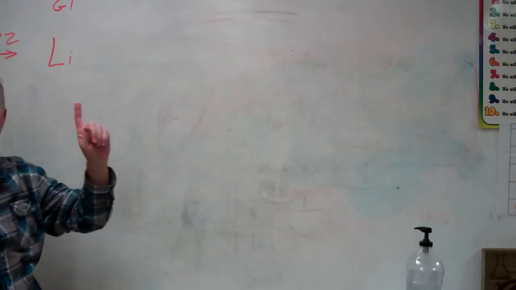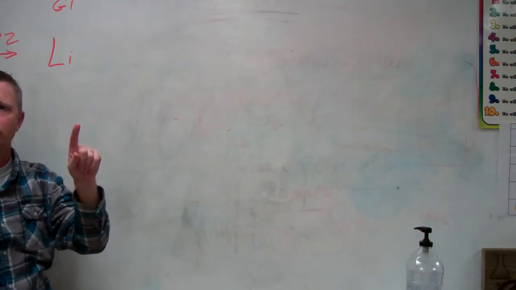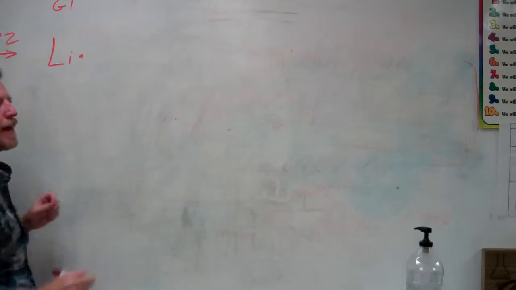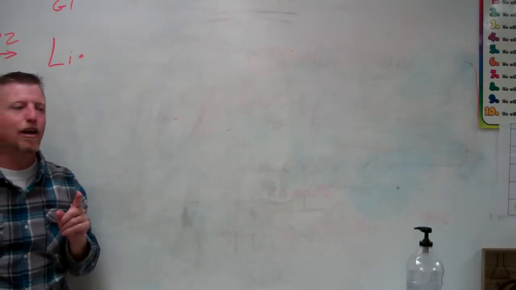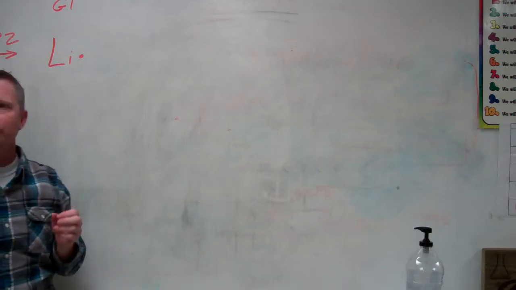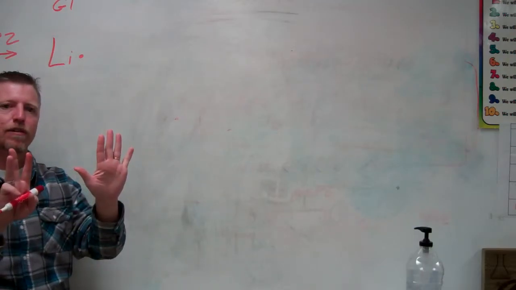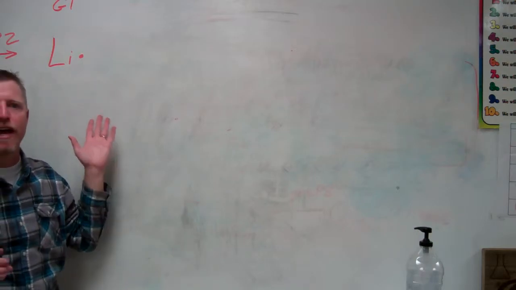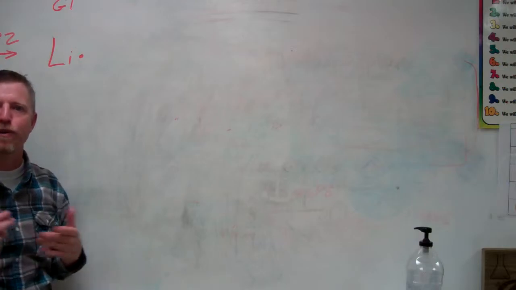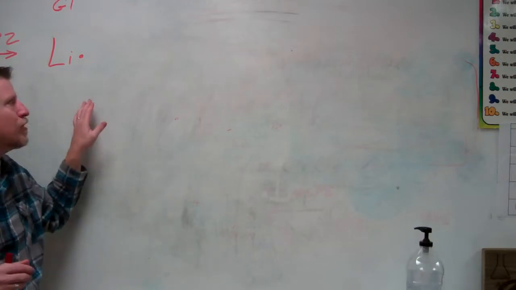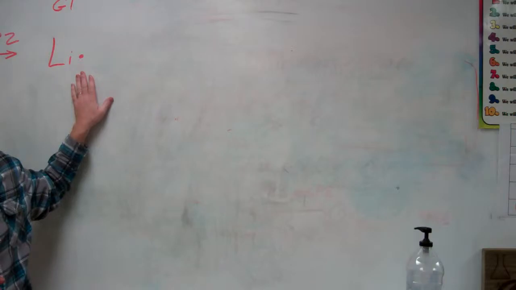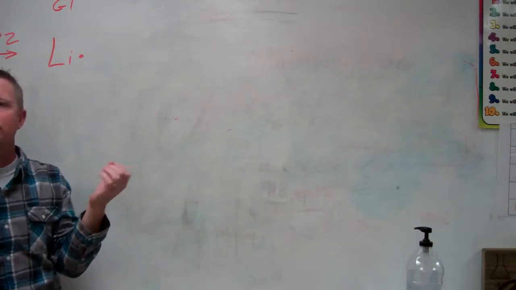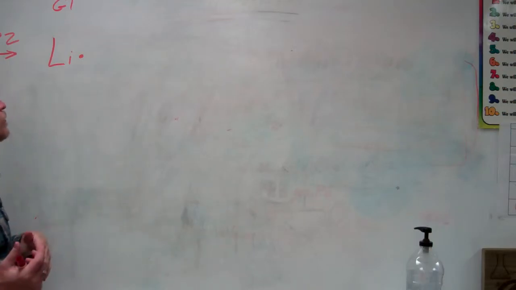It tells us that there's only one valence electron in the outer ring. So to draw a dot structure, we just put a little dot to represent that it has one valence electron. Now, since it has 2 rings, that second ring can hold up to 8 electrons. So it's 7 short. That means that this atom is going to act very violently to try to either get rid of 1 or gain 7. Well, it's much easier to get rid of 1 electron than it is to gain 7. If he can get rid of just that 1 electron, his inner ring becomes his outer ring, and it's full. So he becomes stable.